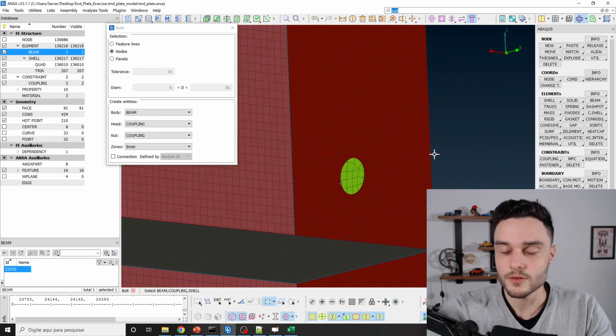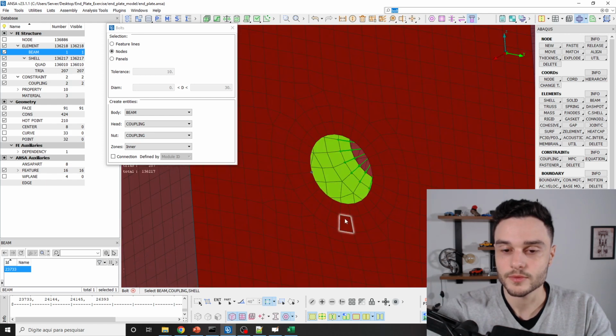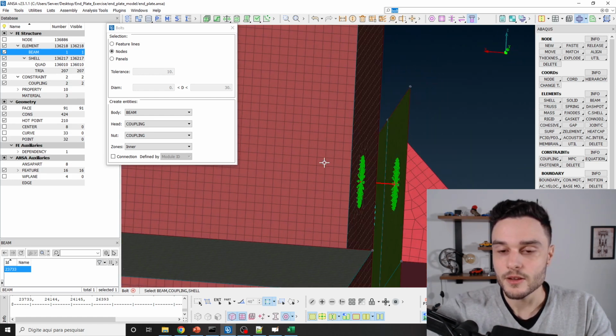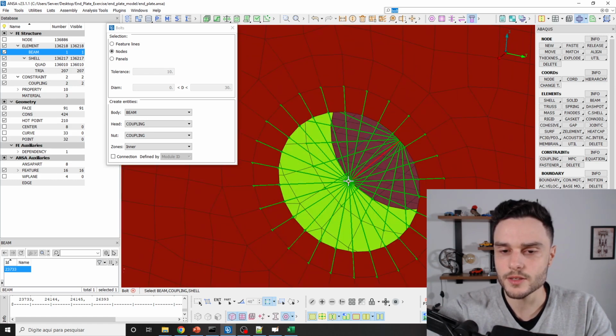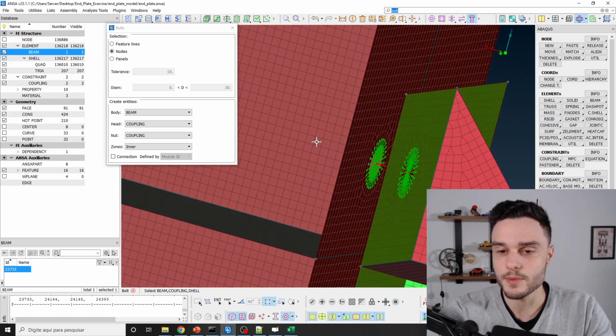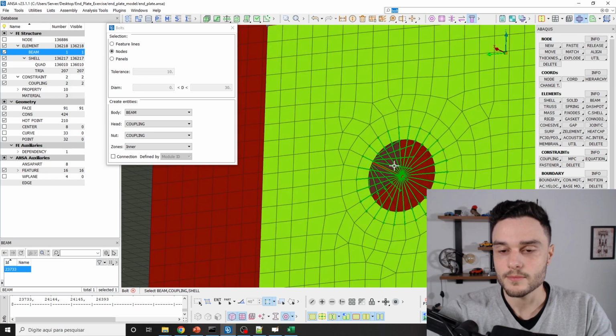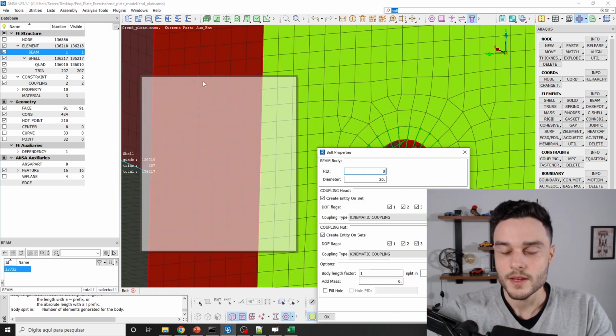Now let's go to the other side. To rotate, hold Control key and use left mouse button. Left click on this one, and this one. Middle mouse button, and then middle mouse button again. Now you see that it has selected all these nodes. And it has created this red entity, which is going to be the beam. Now, middle mouse button, and